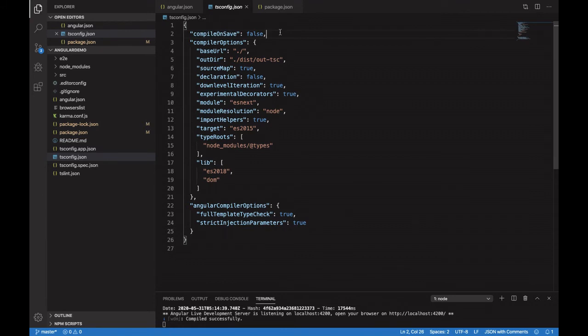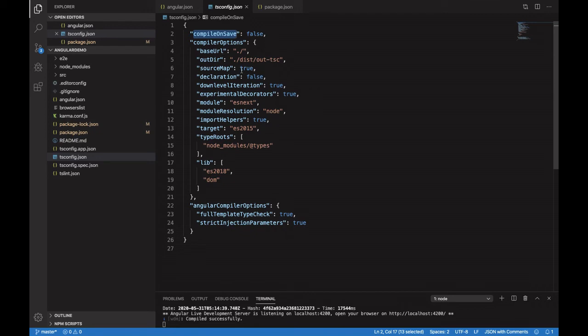So in your application, if you want to convert TypeScript into JavaScript on saving, then you can use this option compile on save, and you have to make it true. As of now, by default it is marked as false. So TypeScript is not being converted into JavaScript on save in your application.